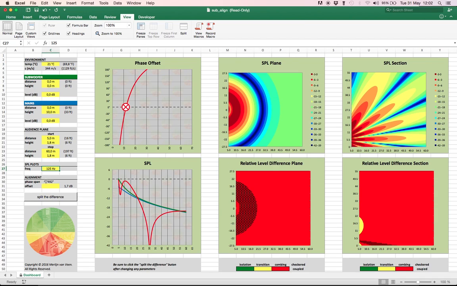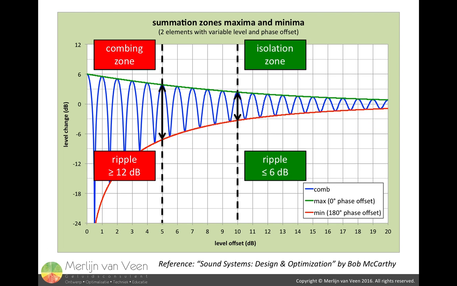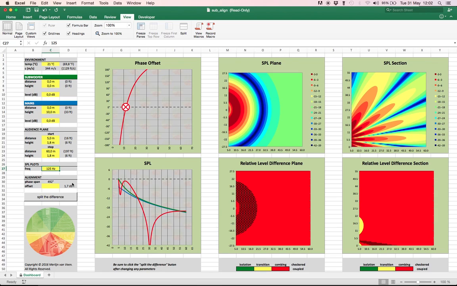So this brings us to the section of the calculator which is called the alignment part. And currently it shows us our geometrical problem, which is the fact that we cannot maintain equidistance to the sources, the scope of that problem expressed in time, because as you can see these triangles do not have legs of the same length. And the scope of this problem currently for 125 Hertz expressed in phase, that is a 492-degree problem that we somehow need to